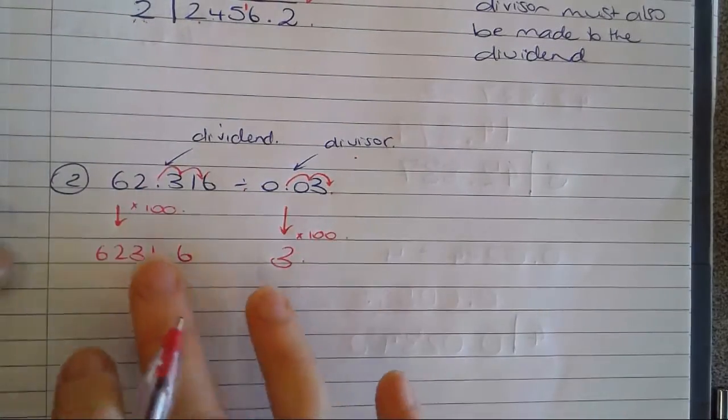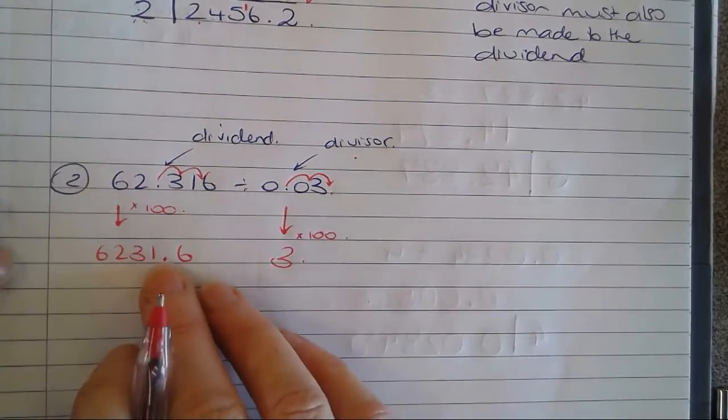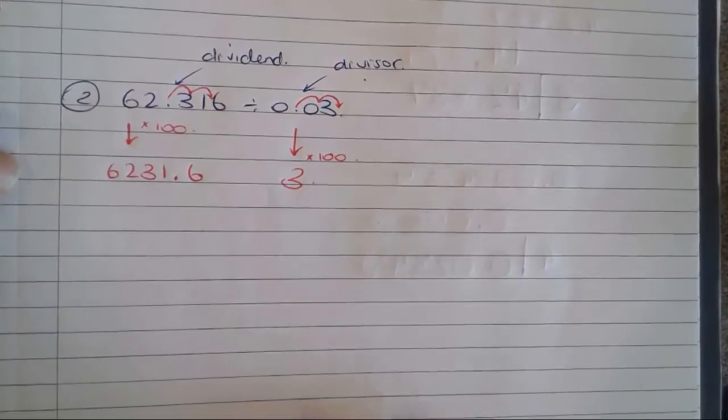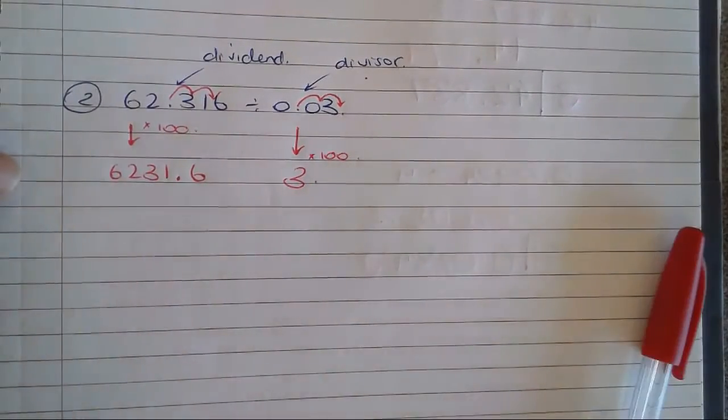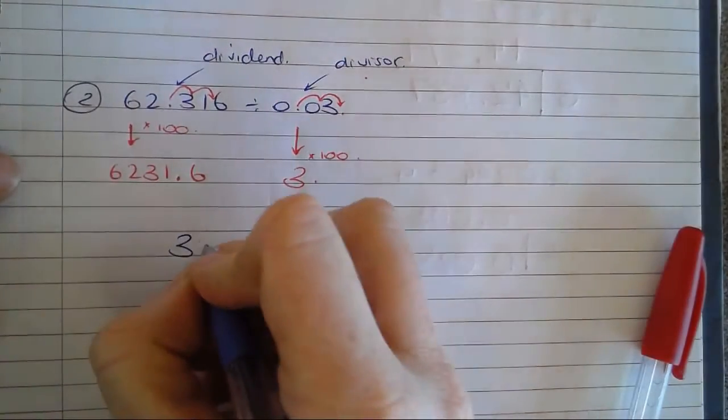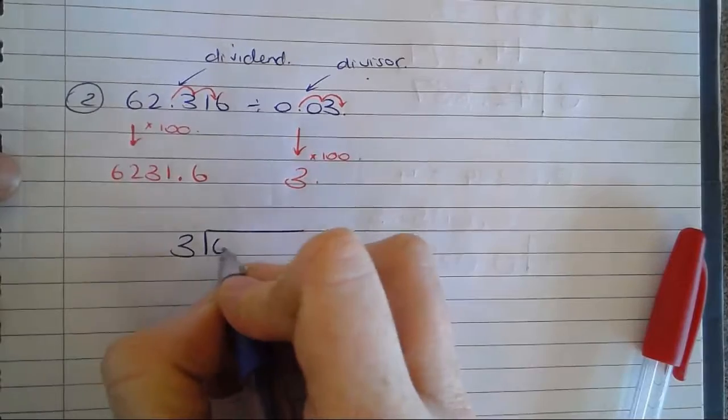And if you were to do a question like this in your exam or somewhere else, I want to make sure that I see this working out first, before you jump straight into setting it out like a division. So that would make it 3 as my divisor out the front,